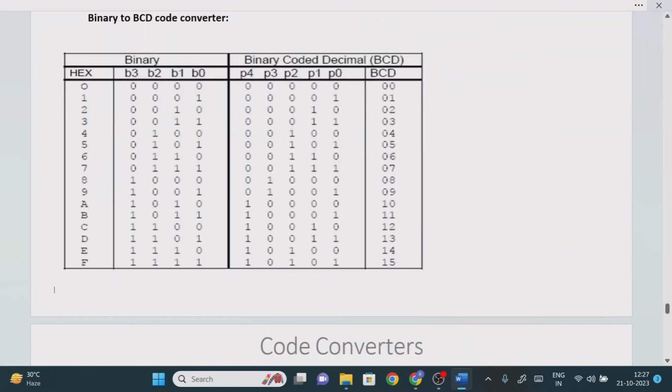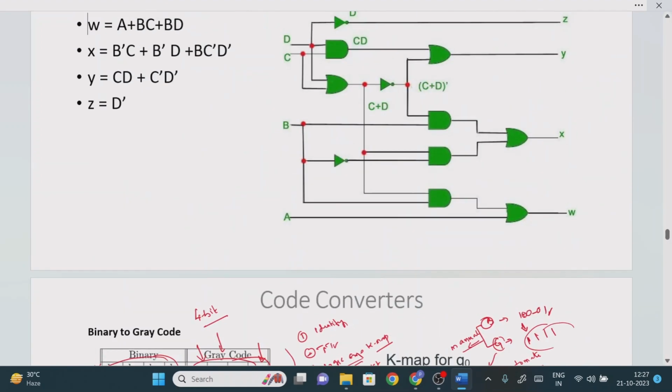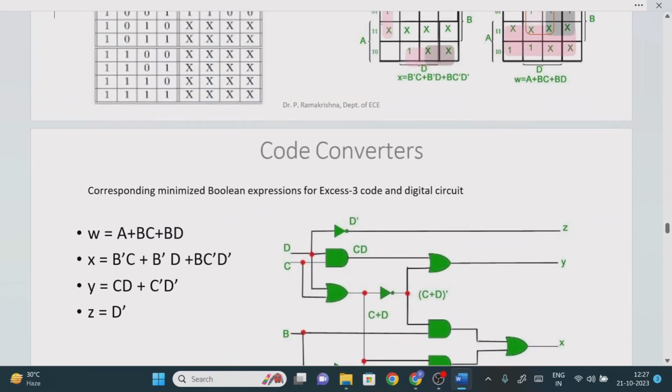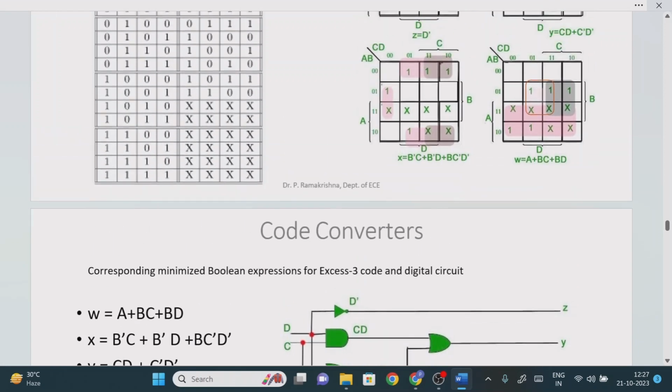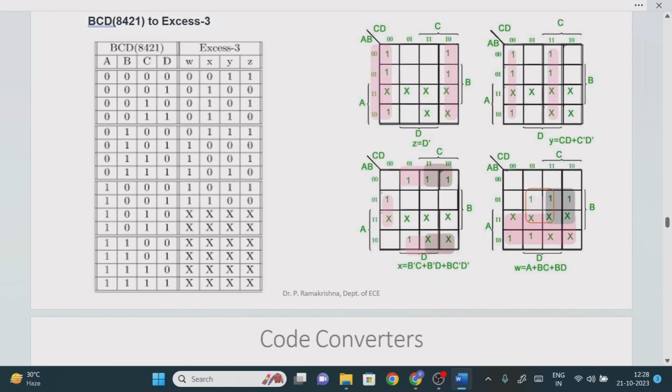Now one more important question that most of the time they are asking in exam point of view. Generally they used to ask binary to gray code or gray to binary, but nowadays they are asking most probably designing of the BCD to XS3 code converter, XS3 to BCD code converter. Now if you see, what is the input code? BCD, that should be converted in terms of the XS3 code word, right? So BCD is what? It is applicable only for the decimal number system. What do you mean by decimal number system? Representation from 0 to 9 only.